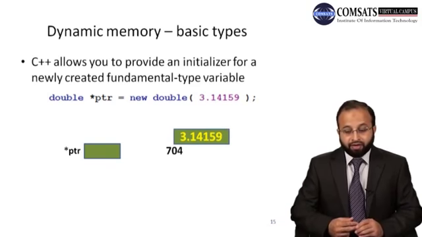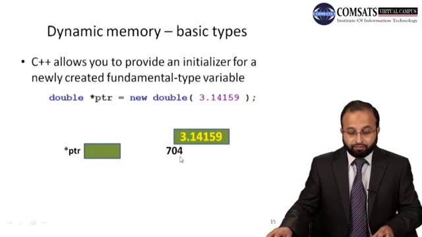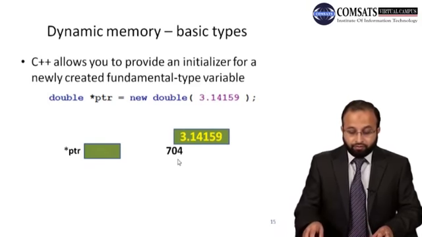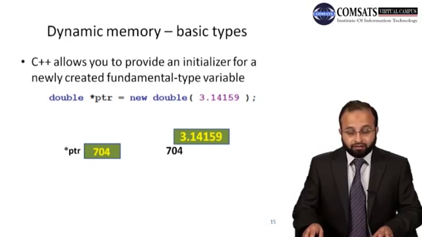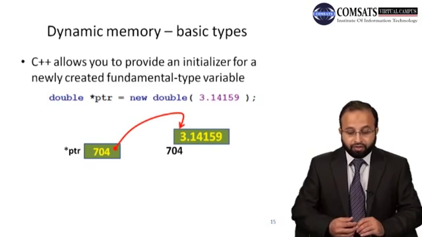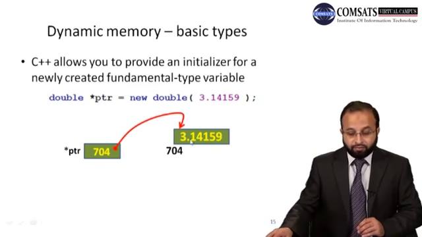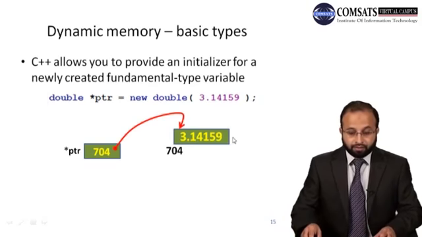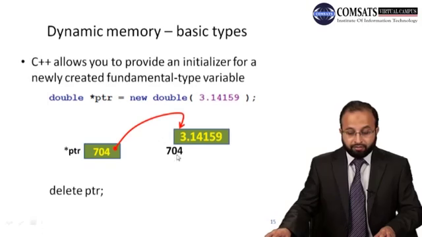and let's say the starting address of that memory location is 704. Now this 704 will be assigned to a pointer. This means that now this pointer points to this memory location, right? Now using that pointer you can access this value 3.14159. So that is dynamic memory allocation for a basic type. Similarly, you can allocate memory for int or character or float. This is how you can delete this memory location, delete ptr. So it will delete this memory that is allocated for the value